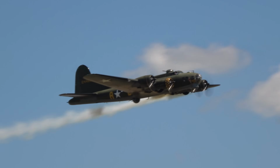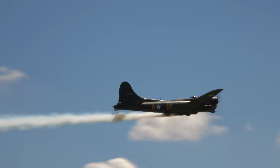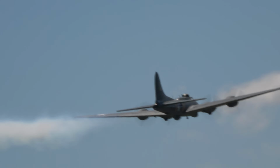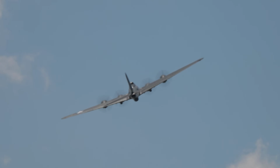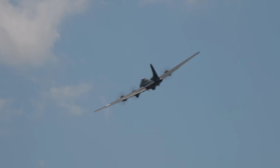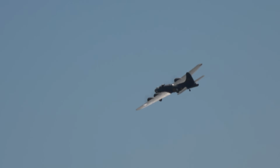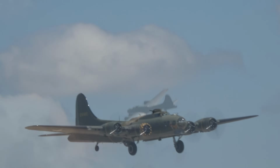Only one of these aircraft, the Sally B Supporters Club, this is for you. Many benefits of Supporters Club membership. You can sign up today when the aircraft taxis back to its parking slot, having finished its display. Very nearby, you can see their sales stand with the B-17 Sally B flags flying above it. You can sign up to the